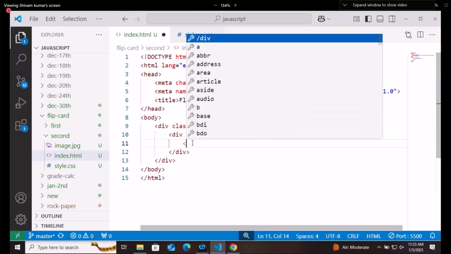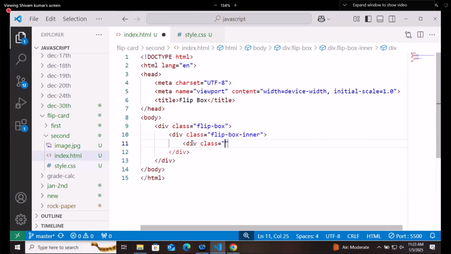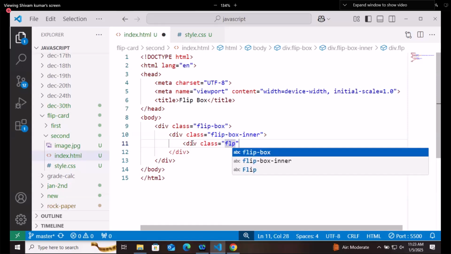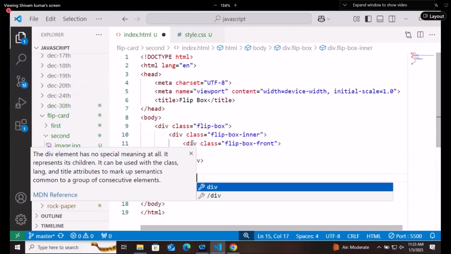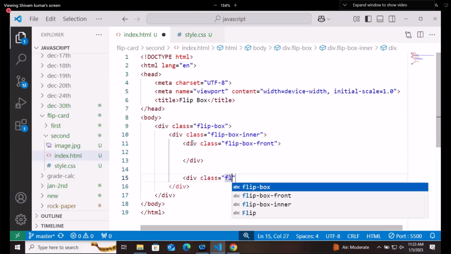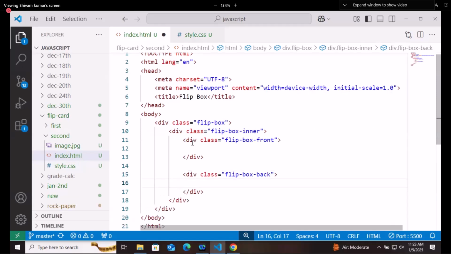Now let's create the front side of this flipbox. So div class as flipbox front, flipbox front. After that, another class div class as flipbox back. So at first design these things. There is no issue in this part. I'm not writing any CSS. We are just designing this part. So I will say that image source is image.jpg